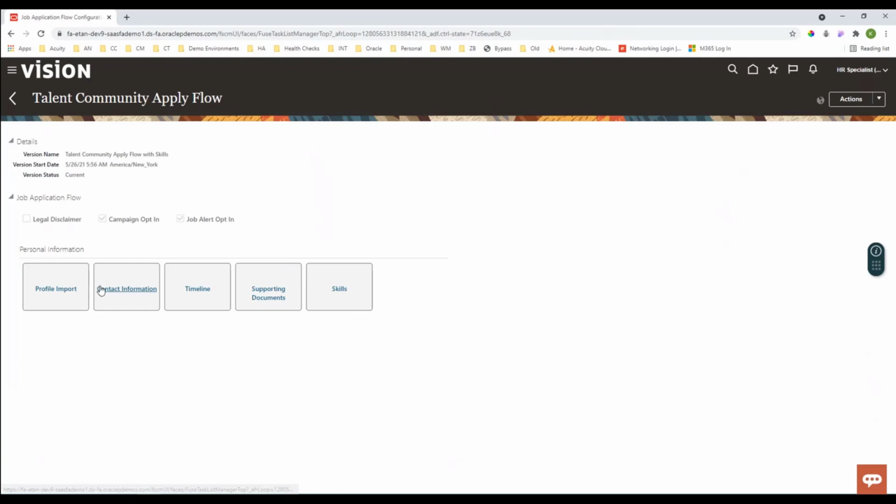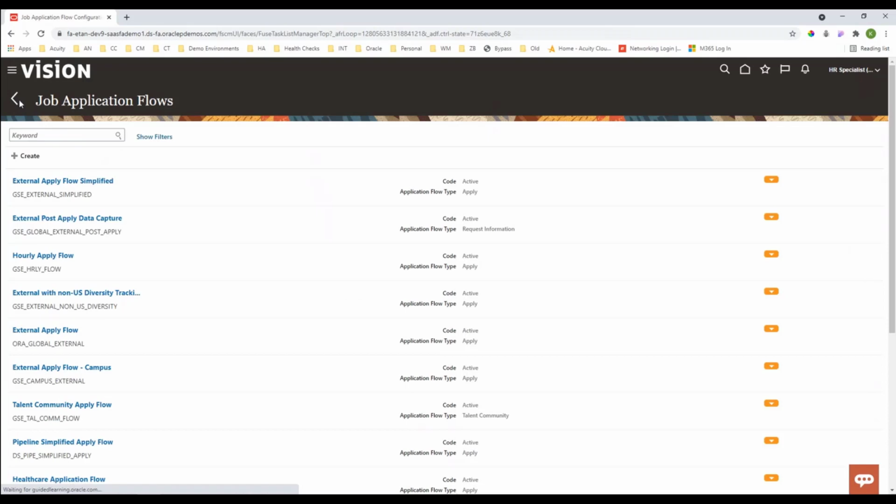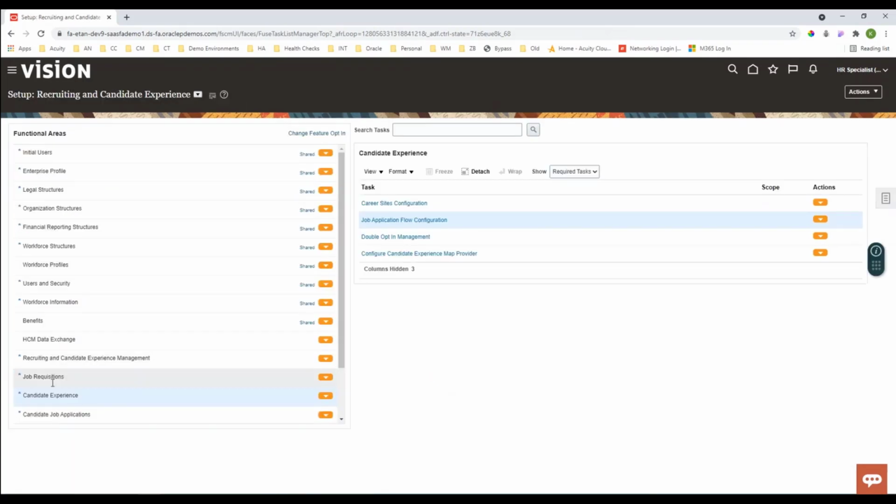Now I can keep this or I can update it by making a new version. If I make a new version, all of these options that are available for me to add into this application will be listed over here on the right-hand side. Let's just go ahead and keep this one for now. The next thing we're going to do, let's back out and go back to our Setup and Maintenance page, Candidate Experience, and